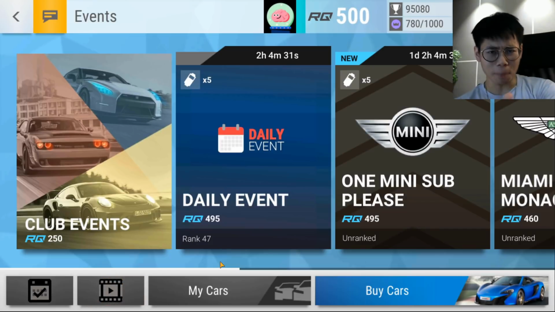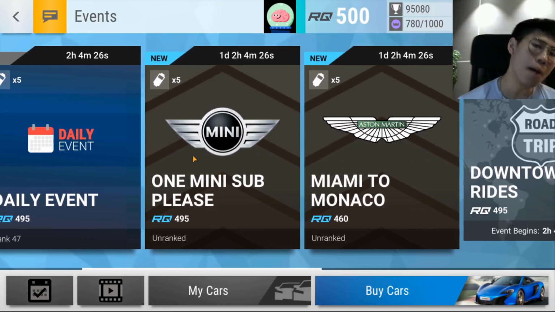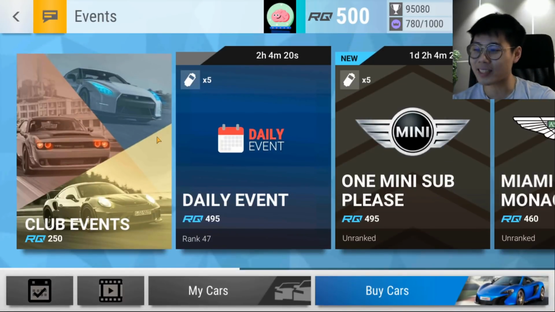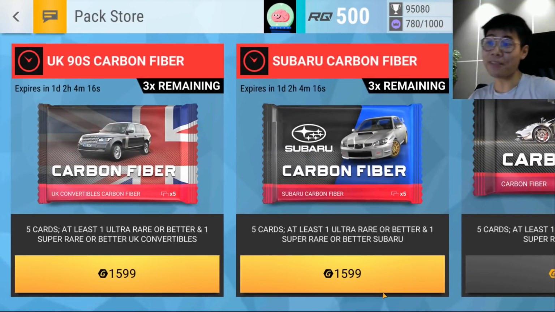Today is gameplay day. We're going to be covering one mini sub please and Miami to Monaco. Now Miami to Monaco makes me a little bit disappointed because I expected Aston Martin carbon fibers to come out, but they aren't. We have the Subaru carbon fiber and lo and behold it finally has its own design,